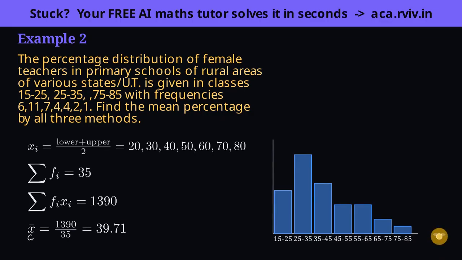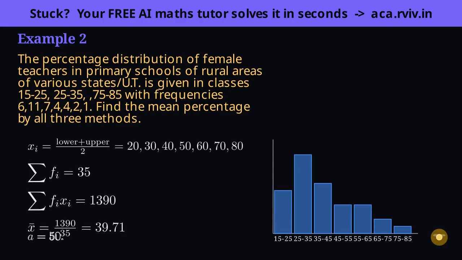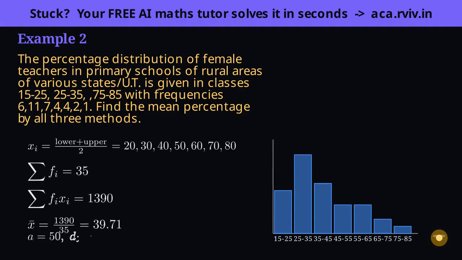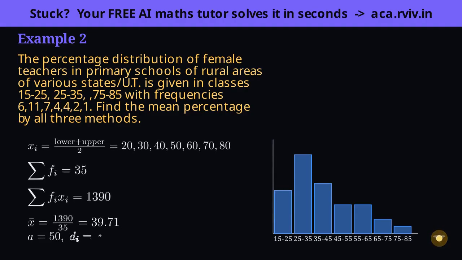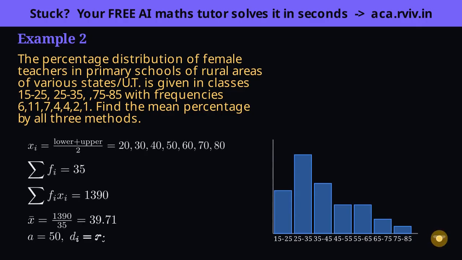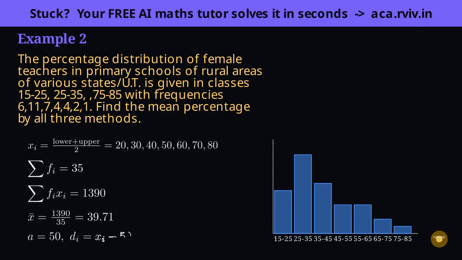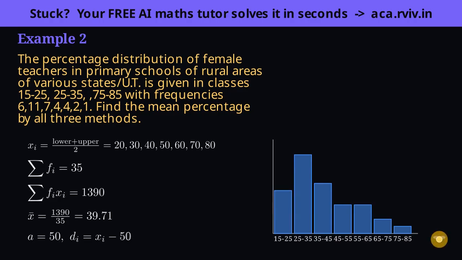Now the assumed mean shortcut, and here's why we bother. Multiplying by 50s and 60s is clumsy. So we plant a new zero at a convenient middle class mark, a equals 50, and measure every class as a deviation from it, di equals xi minus 50. Sliding the origin doesn't move the data at all, it only relabels the ruler.